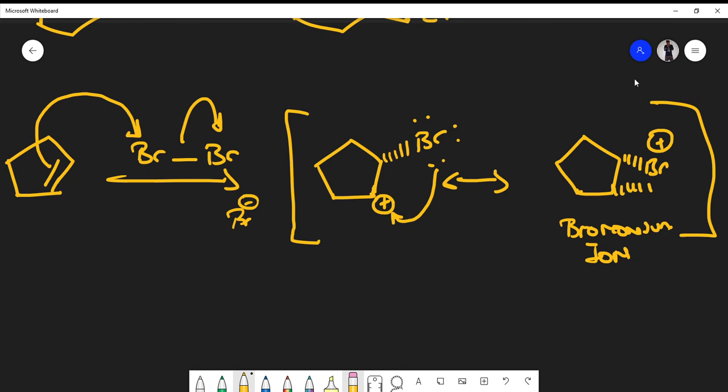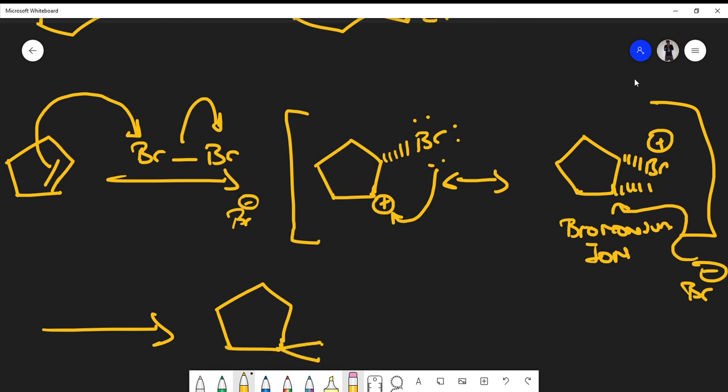So in the next step of the reaction, the negatively charged bromine comes in, because now remember, the bromine is pretty much going down. That's what those dashes represent. So the bromide ion that we initially formed in the first step of the reaction now comes in and attacks from above and opens up the ring, and so essentially we get our product